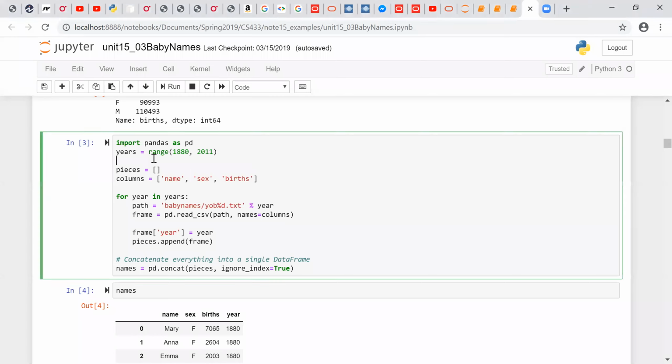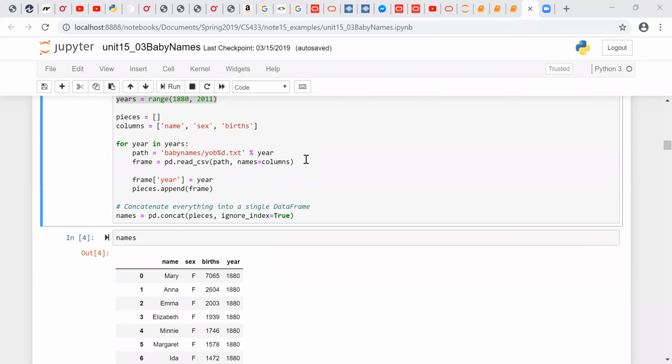And what you will see in the next part, because in the real world this is also going to happen a lot. Over here you see the years span from 1880 to 2011. So we have a lot of files we need to read and then combine together, to have your data frame